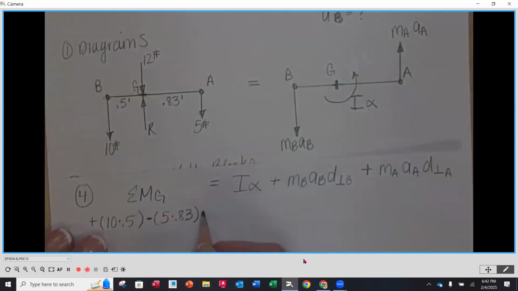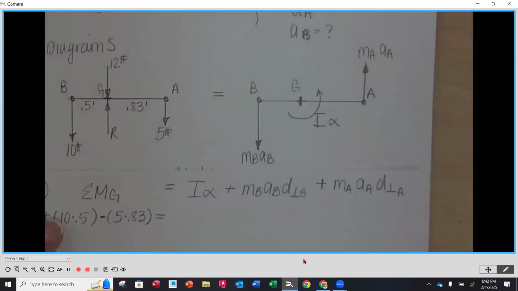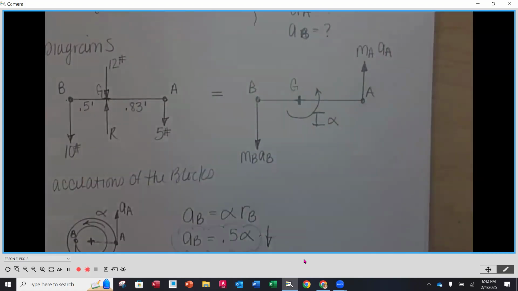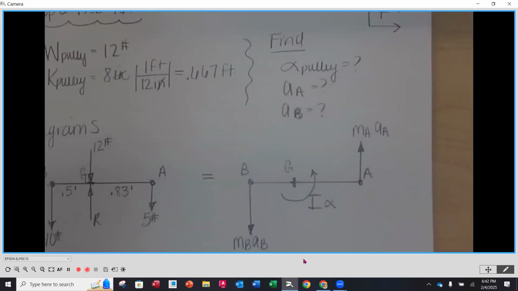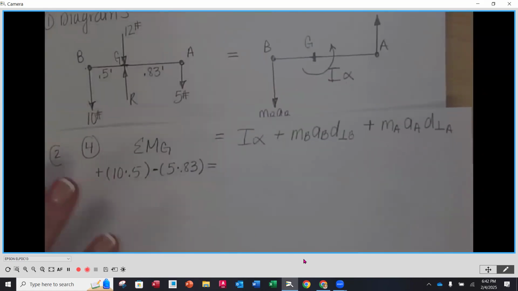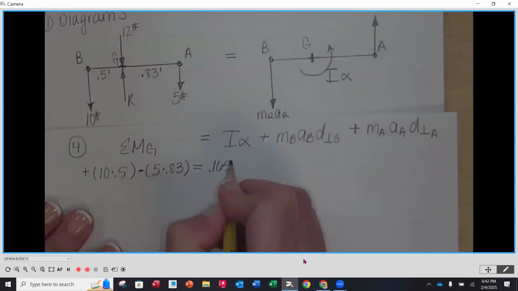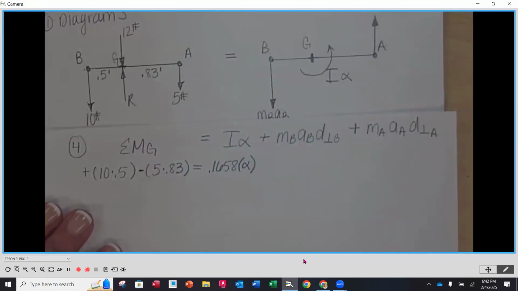All right, now we're going to be equal to, we're going to start the right-hand side of our equation. So now we're looking over here. Moment of inertia, we just calculated that in the previous step. That was 0.1658. Times alpha, right? So I'm going to put it in the parentheses here so we don't forget about it. Times alpha. Plus